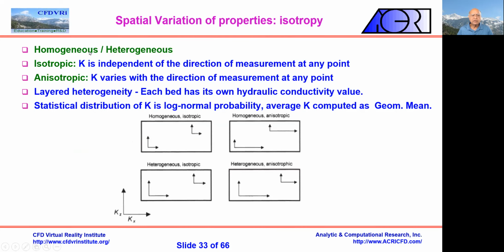So, the homogeneous and heterogeneous. Homogeneous means that the properties are the same everywhere, right? And if they're isotropic, that means, let's say in the 2D situation, that the conductivity in both directions is the same. The water can go in one direction or the other direction. In other words, if you have a heterogeneous anisotropic media, then you might find in this particular case that there is some reason for water to go preferentially in the horizontal direction, right, rather than the vertical direction. Okay? So that is anisotropic, and then it varies from place to place. So that means it's heterogeneous.